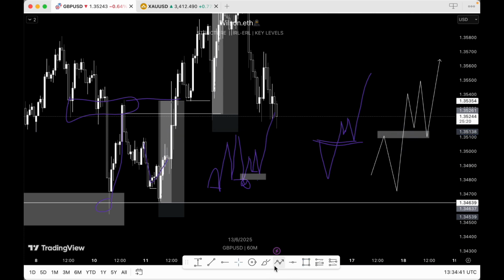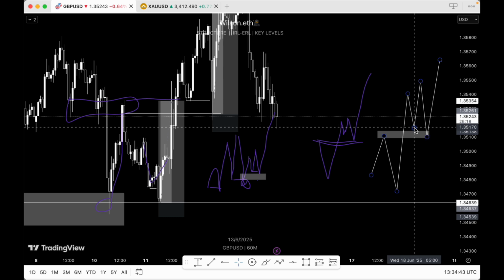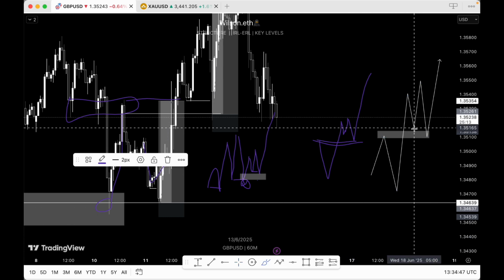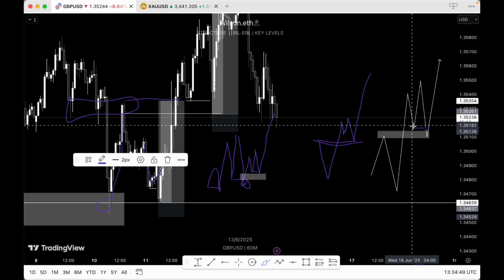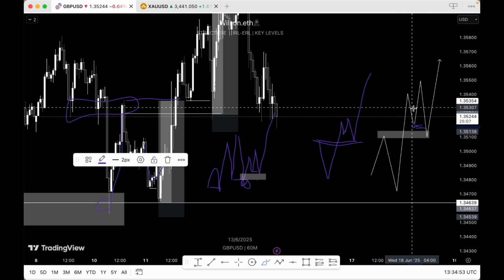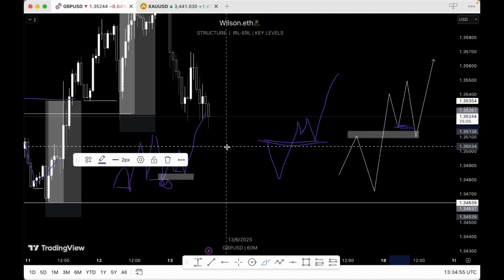Then my inducement or my liquidity would be, let me mark it well, this will be my liquidity over here. This is the liquidity over here. That is the inducement, the structural liquidity. Okay, so as you can see over here,